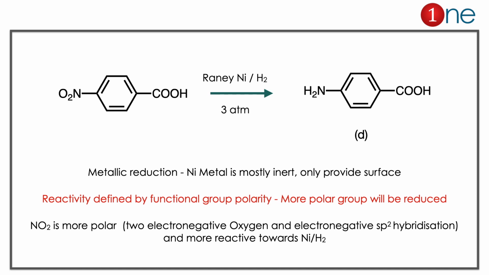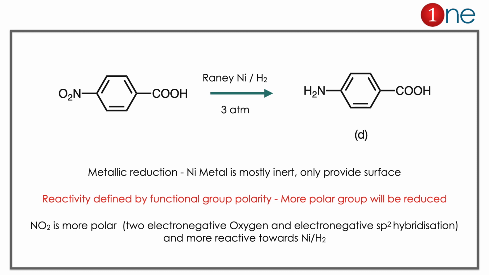Here the ideal answer will be reduction happening at the nitro group to amine. There will be many explanations for that. Normally the reduction of a benzene ring requires very high pressure. The 3 atmospheric pressure is very low. Moreover, the reduction conditions are also simple, mostly facile, so benzene will not be reduced.